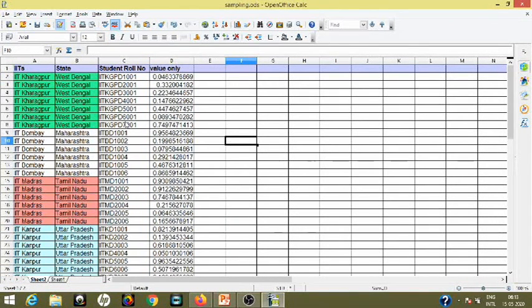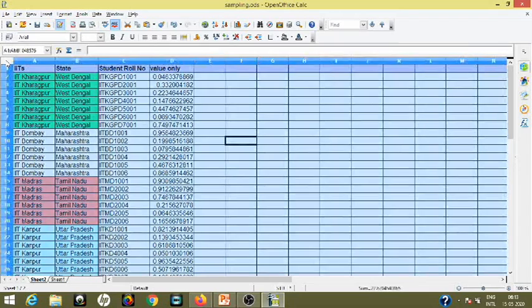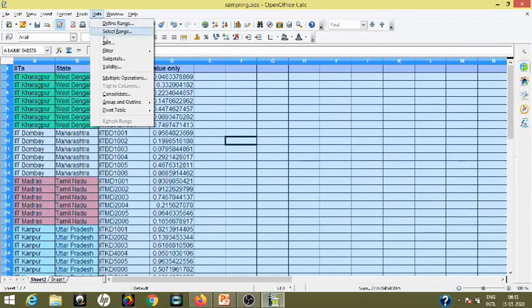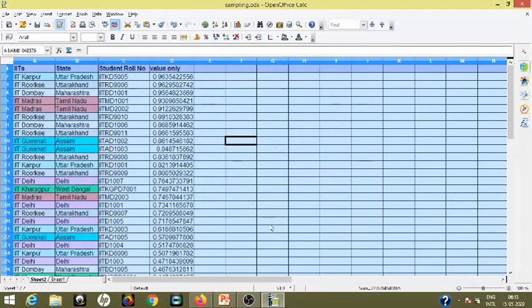Now what I have to do, I will order this data in ascending or descending order, whatever it may be, with respect to the value only. Now Data, okay. Now the entire sheet is ordered as a descending value of the value only, which is the random number generated and converted to a number.